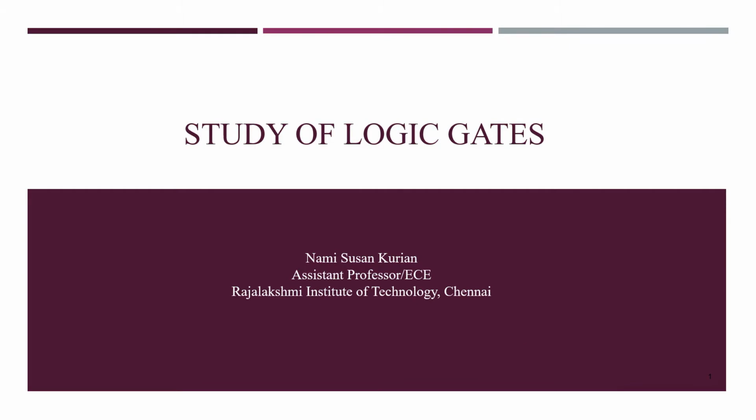Today we are going to see about logic gates. So first, we will see what is a gate. A gate is something that is present in front of our house, and what is the use of a gate? The gate will help us to provide a sort of security, and it also decides who has to come in and who has to go out. It decides whether the person has to come in or go out.